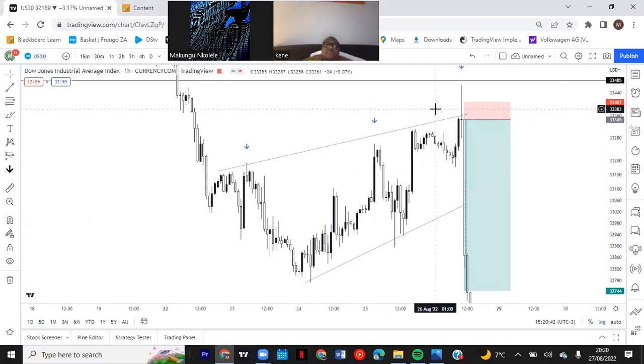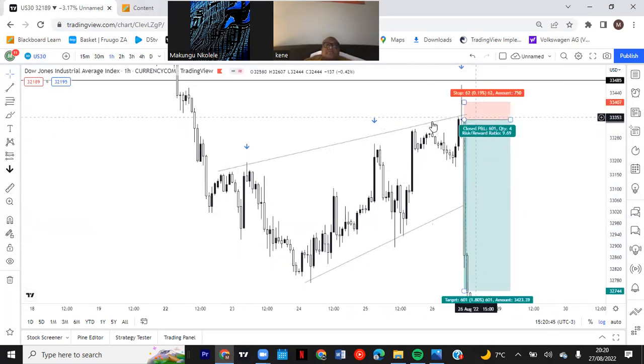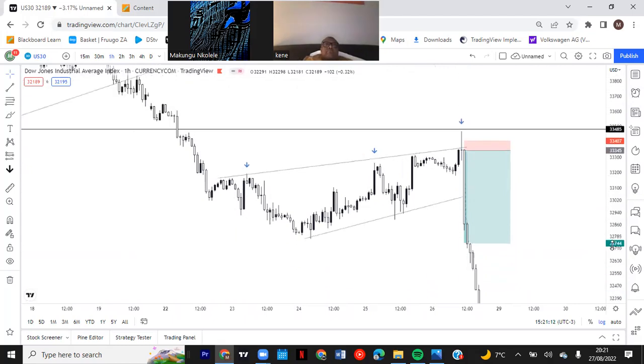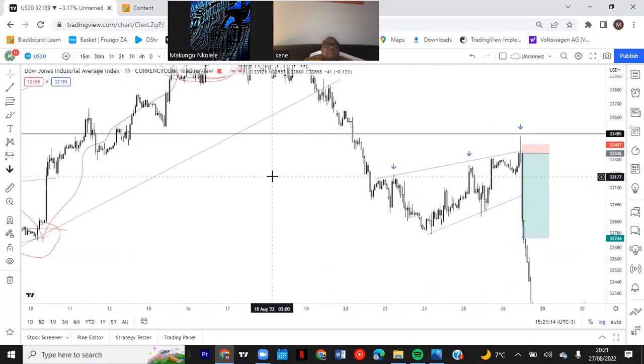I was not aware of the news, but I knew it was a selling trade from the 24th of August, because of the trading style and the phases, which means I knew it was a double top, which gave us an impulse from the double top, and it gave us a correction, which meant that the price was continuing to the downside. So I didn't even need to look at the news. I don't even consider news. I just trade according to what I see, and it worked out